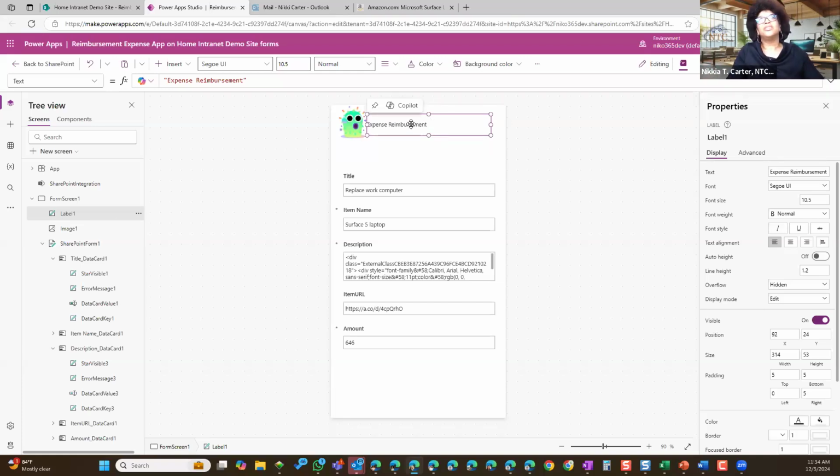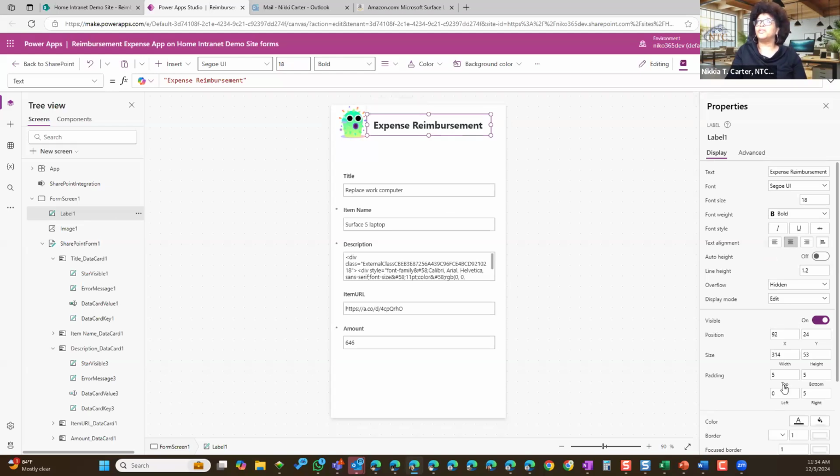But this is cool and everything, but I really need this to be centered so I can make some adjustments. I can make it centered. I can make it bigger. So let's say 18. That might be too big. Oh, actually, it's pretty good. 18, we can make it bold. So change the font's weight to bold. Okay. So now it's looking okay.